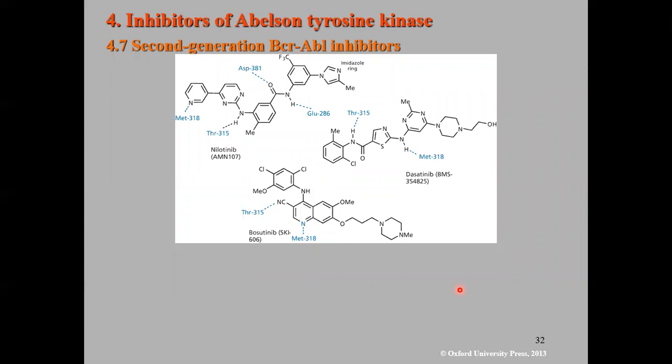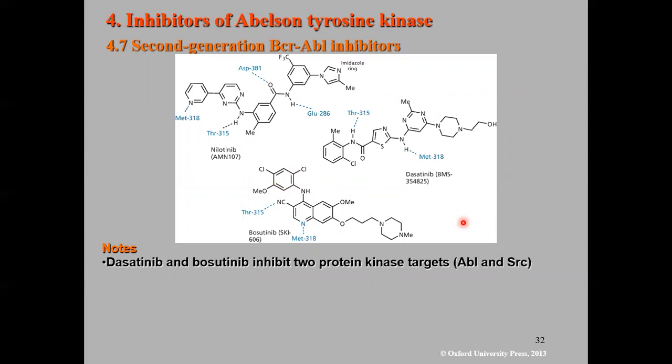The nilotinib and the dasatinib, both of them have better or more affinity toward the enzyme if you compare them to imatinib. Dasatinib and bosutinib inhibit two protein kinase targets, the ABL and SRC, which is a way to overcome resistance,